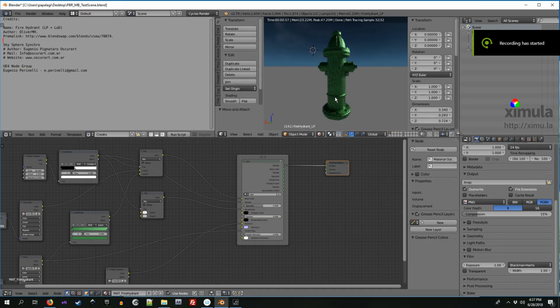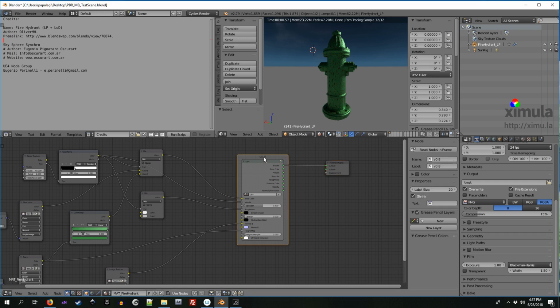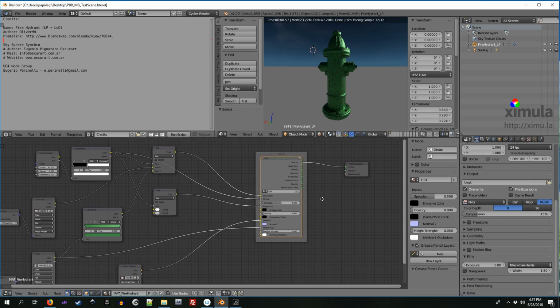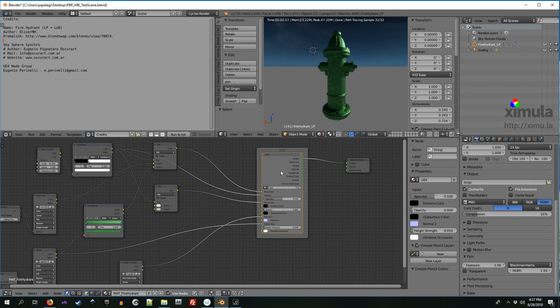My name is Eugenio Perinelli, I work in real-time computer graphics. I teach in an academy, northeast Italy, and then I have a company that creates content for virtual reality, basically. We use Unreal Engine every time we can. We like Unreal Engine. I like the shading model. I like the blueprint. So I did a small node group that helps me with